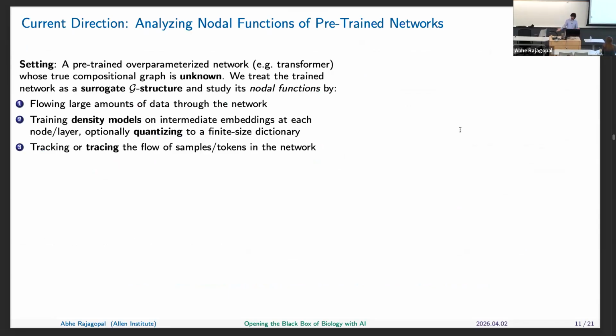The way we do that is taking large amounts of data. So it's really important to have an atlas or great coverage of the phenotypic space, or have lots of high dimensional vectors and flow them into the network. And then we're going to probe inside the network to look at what the nodal functions are really looking at. And then importantly, we can compute these metrics like smoothness or density, which are two generalization metrics that we looked at before. And I'll hint at one other thing that we can do with this.